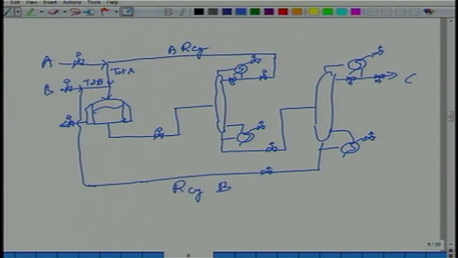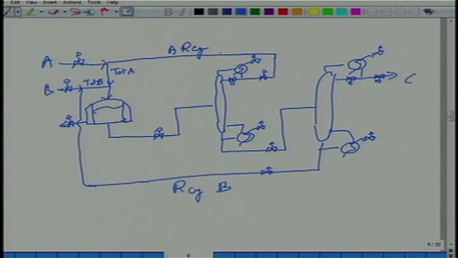Now we want to put in place a control system for this process which respects overall material balance. That is fundamental. The control system must respect overall and local material and energy balances. In fact, it should be designed to maintain the overall material and energy balances. Alright. So now, one way to do it is, well, let's see. What's the point that I wanted to make? Okay, two things.